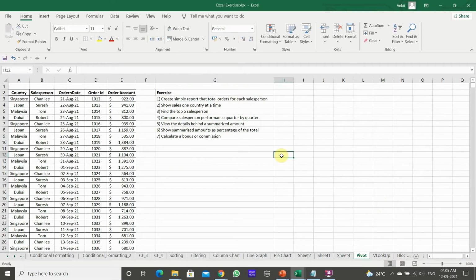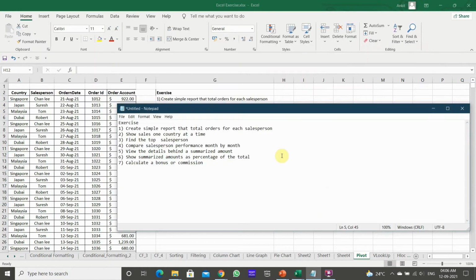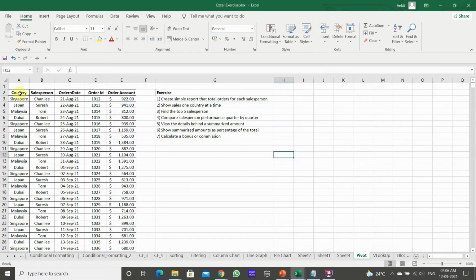Okay, this is the table in which the salesperson's performance has been given and how much business they have brought for the company. So let's prepare a report using the pivot table. Now the first question is to create a simple report of total orders for each salesperson. So we need to find out how many orders each salesperson has generated. Now first of all, select the data,